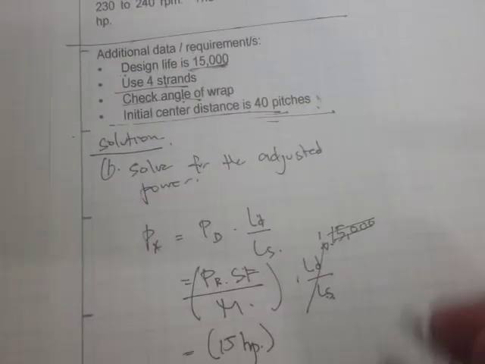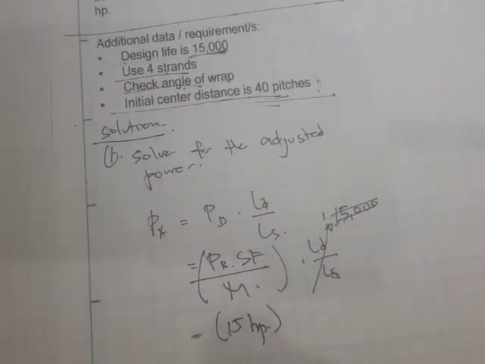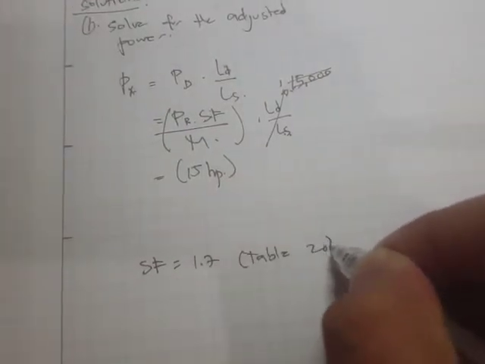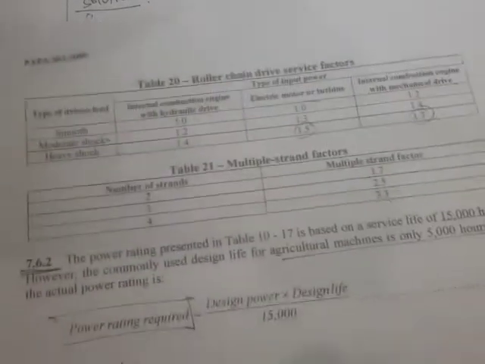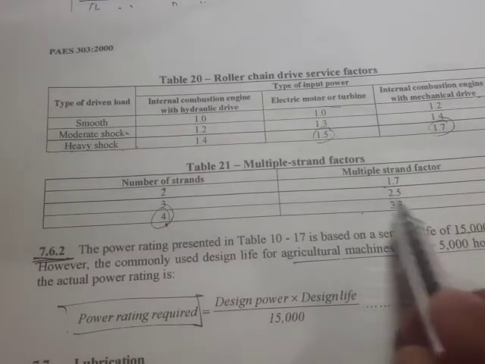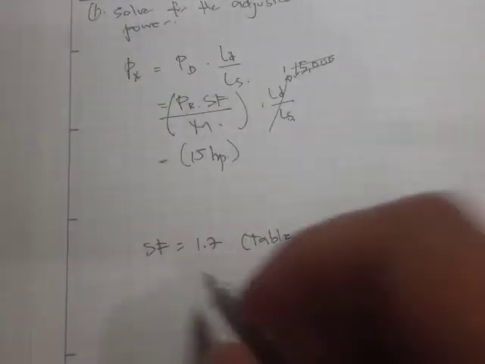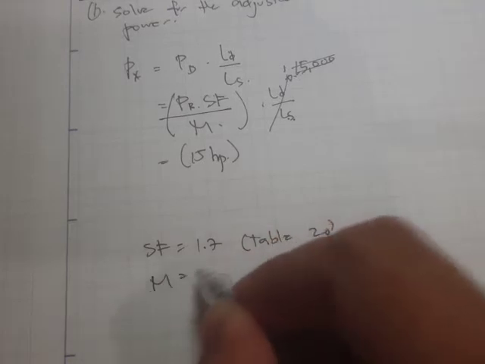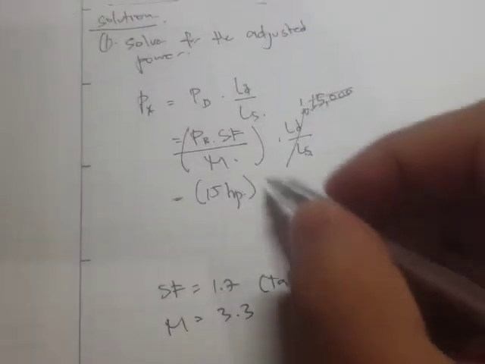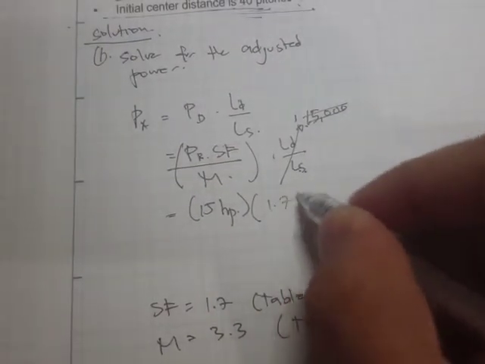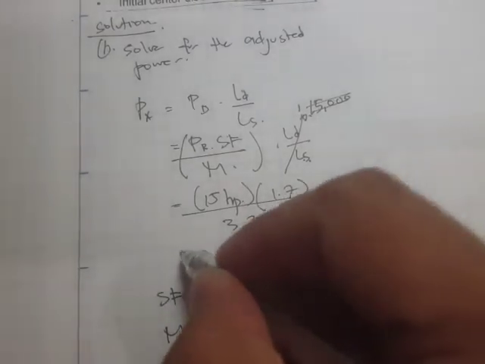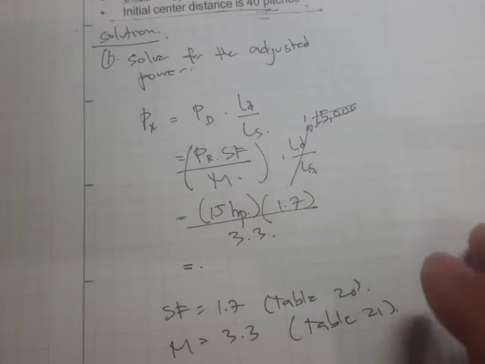This is 1.7, so SF is equal to 1.7, and this is from table 20. For the multiple strand factor, since we are going to use 4 strands, this multiple strand factor is 3.3. Okay, M is equal to 3.3. This is table 21. So right here this is 1.7 divided by 3.3, and this is equal to, I think,